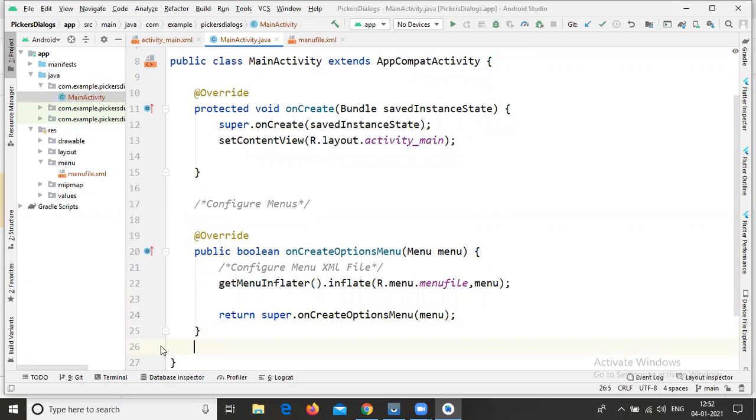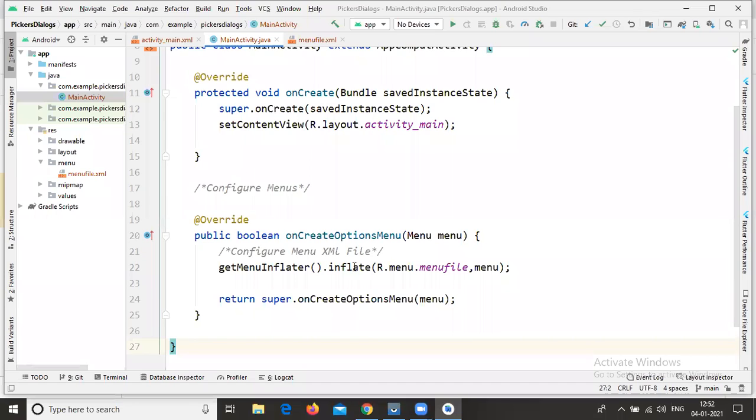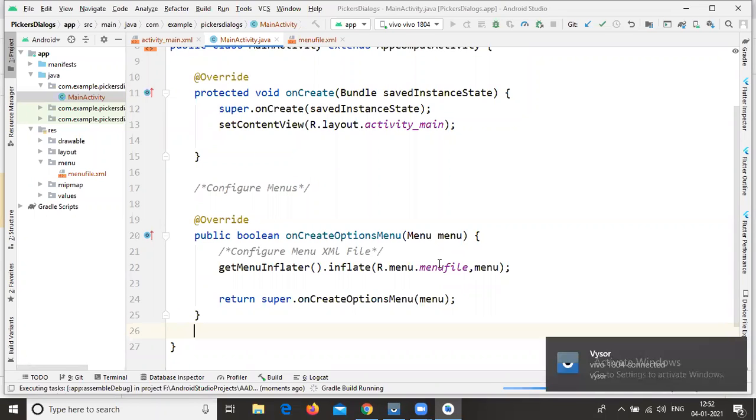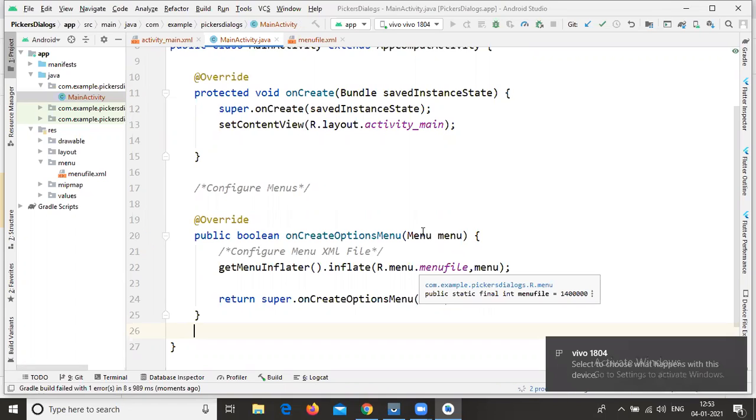Once you have completed up to this part, just run your application and check your output, whether the items are available in our option menus or not. Once you get the output, we will discuss the on-click events of these option menus. Now all of you run your applications and check whether the menus are working or not. Just connect your devices and click on the run button. It takes some time to execute your applications, so please be patient.